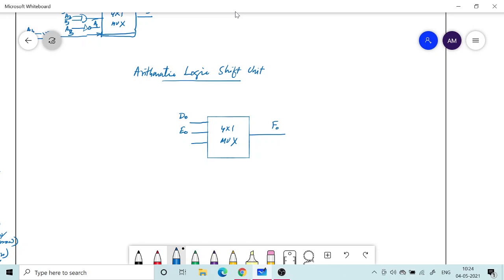So for left shift I will give it from serial in left. Okay, from the left side whatever is the serial in, I'll give it here, and then that will go to F0. Okay, so this is okay.